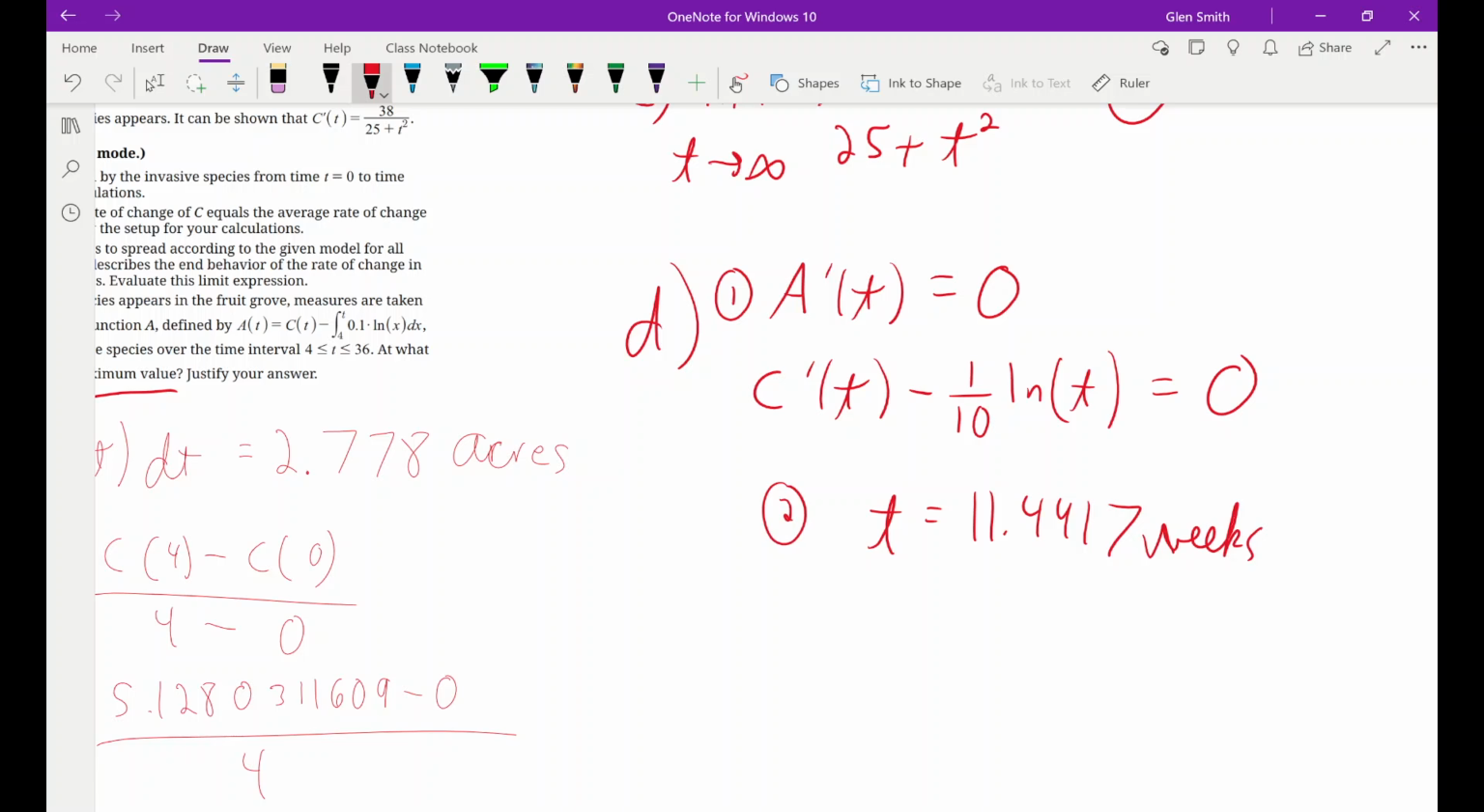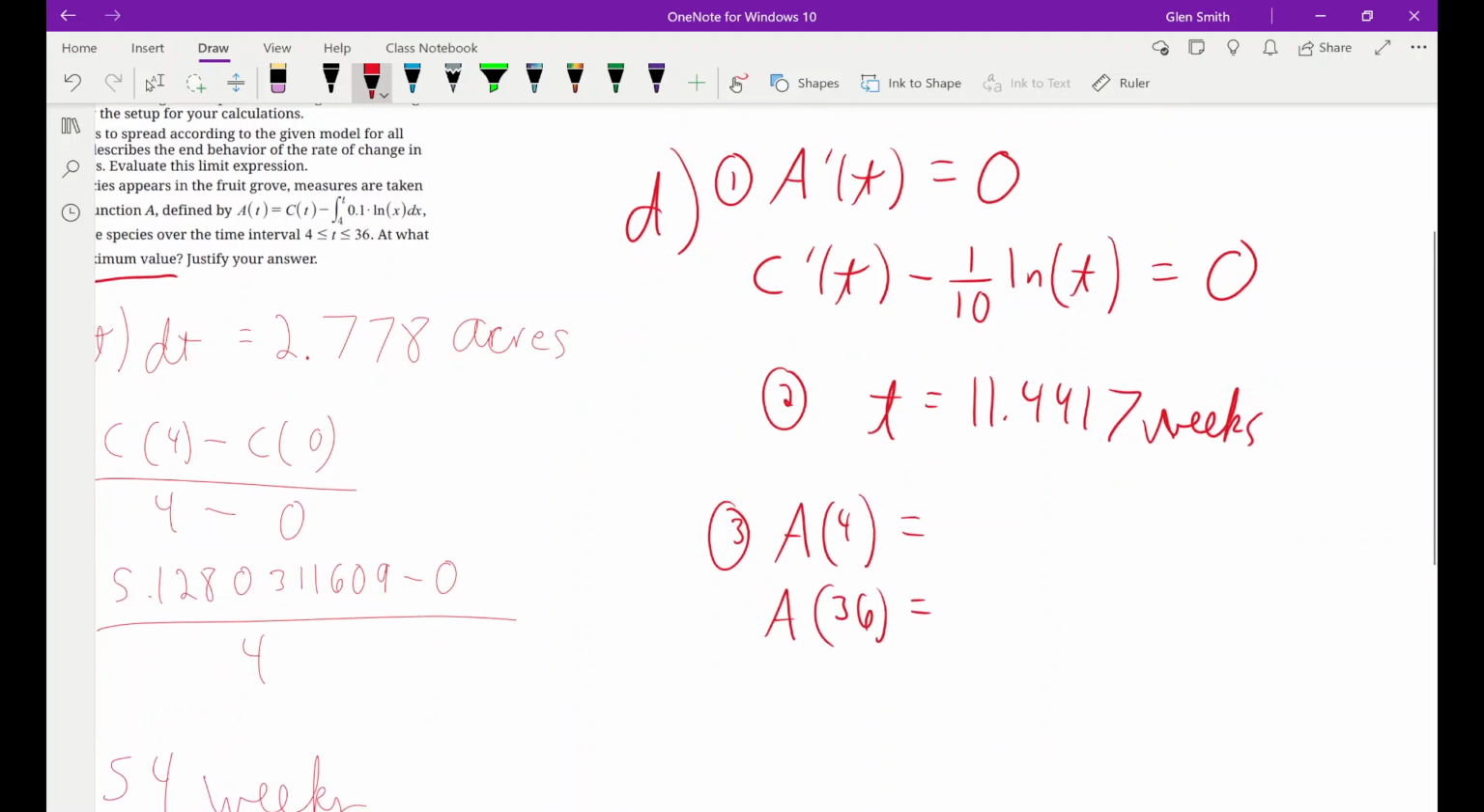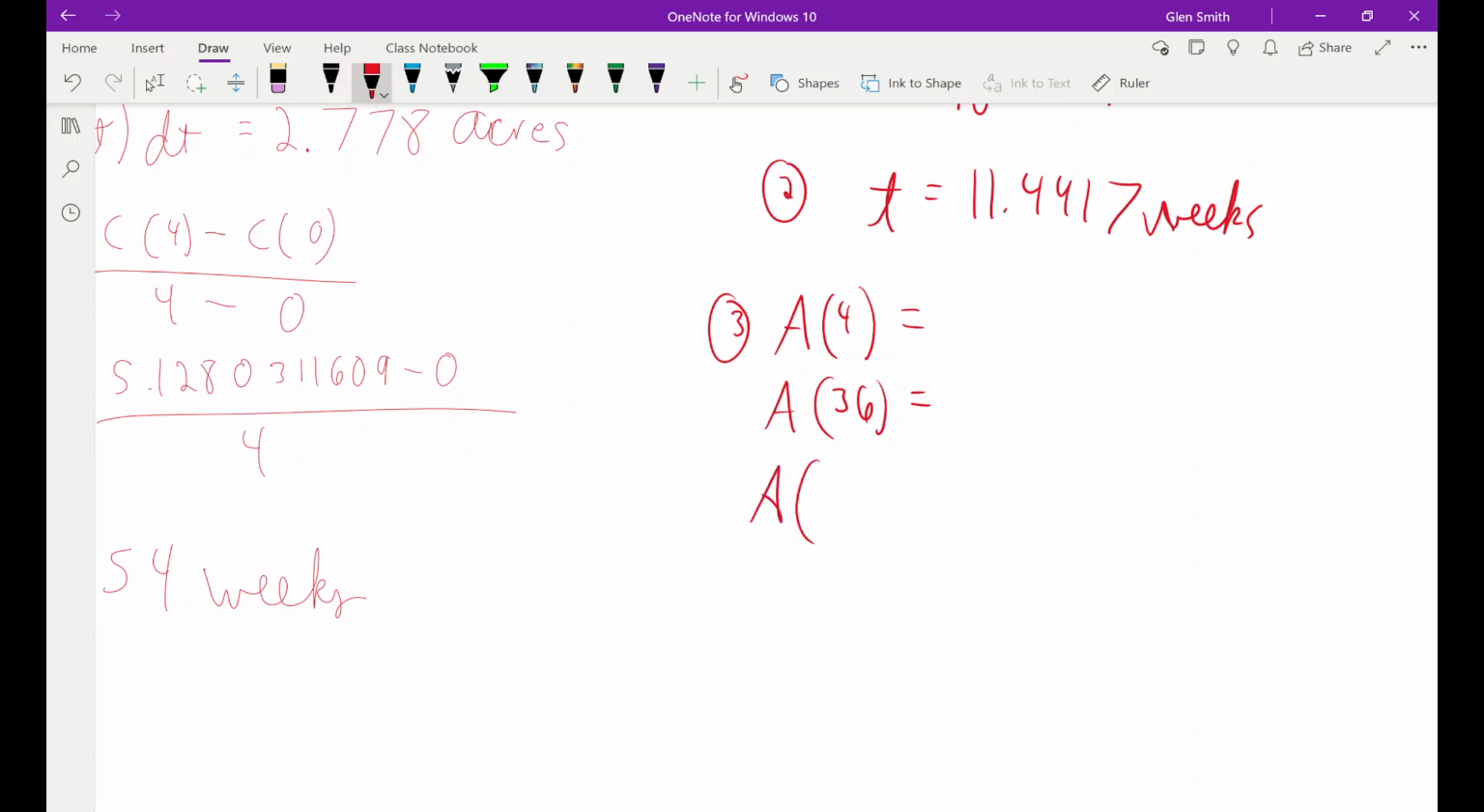Number 2 is you find that number. And then number 3 is, sorry, my phone's going off. I'm very popular. You find the amount at the endpoints. So I need to find A of 4. I need to find A of 36. And I need to find A of